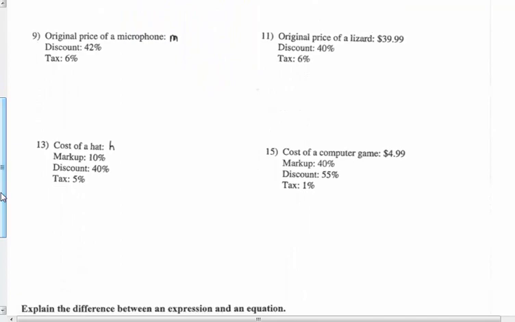from 100. So the original price of a microphone is M. The discount was 42%, and the tax is 6%. Well, discount gets subtracted. So 100 minus 42 would give you 58%, and the tax, 100 plus 6, would be 106%. So the microphone times 58% times 106% would give you the total cost. So the total cost would equal